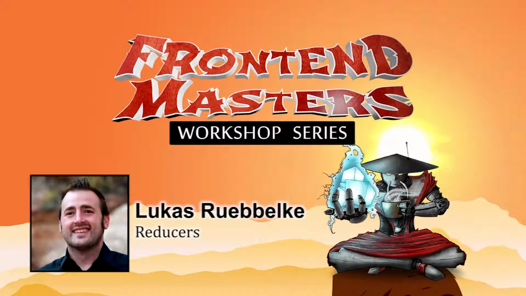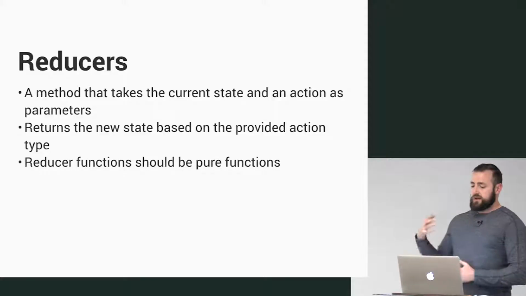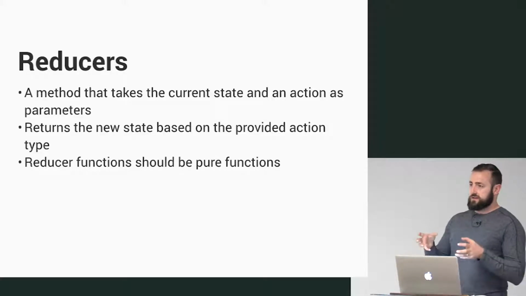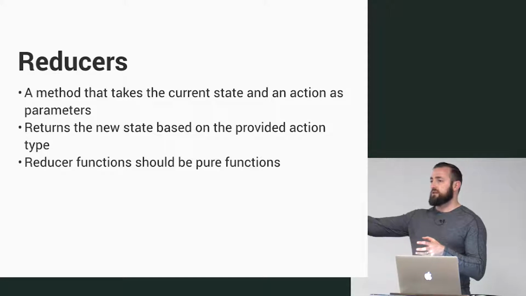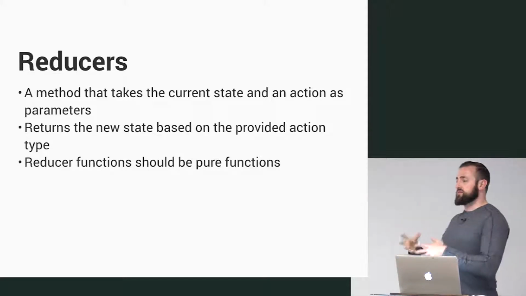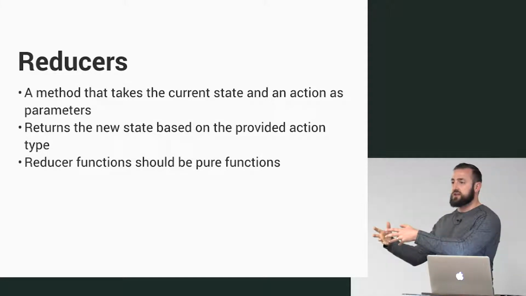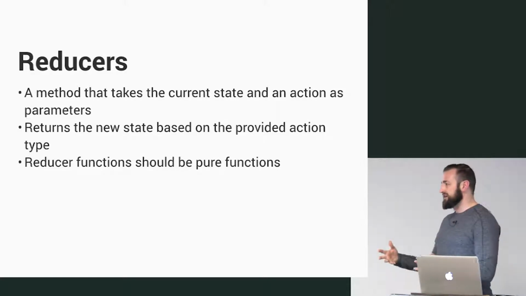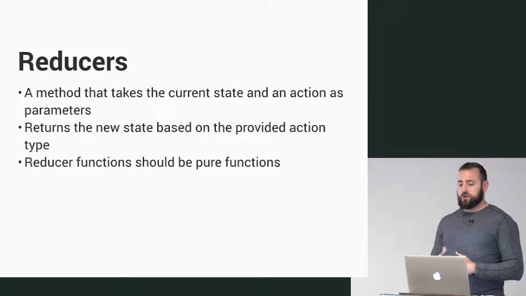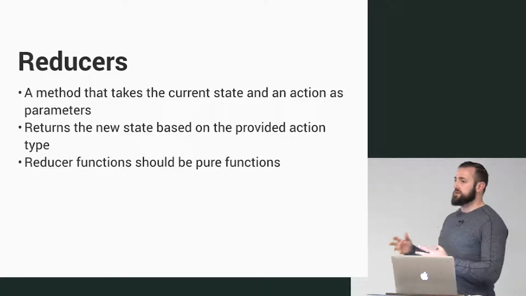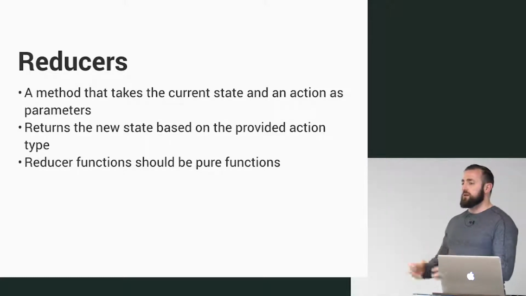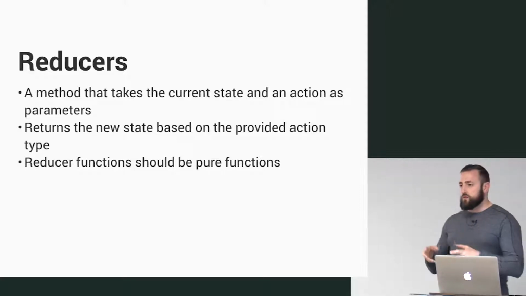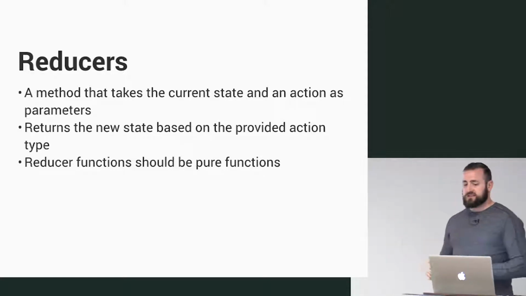A reducer takes the current state, or it keeps track of the current state, and when an action comes in, it will perform some operation and return a new state. So these are pure functions. They should not mutate state, as we've spent quite a bit of time talking about this. Every time an action is performed, you are getting a new immutable state that gets passed down to the